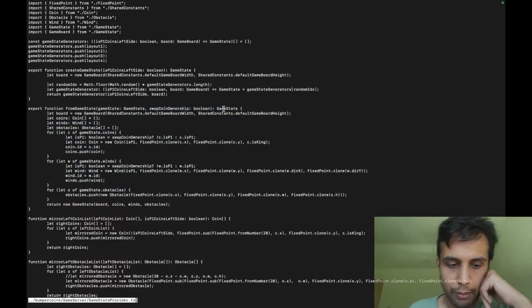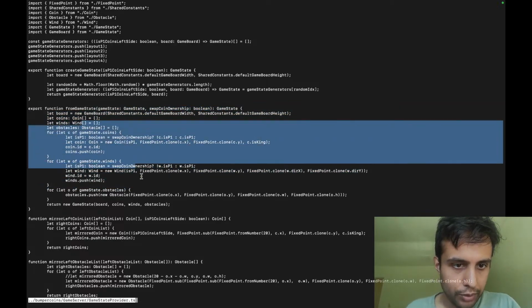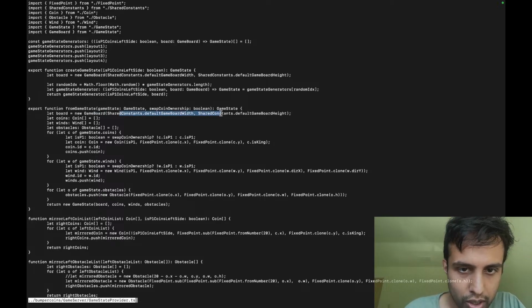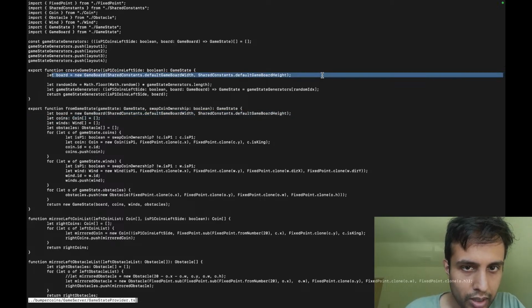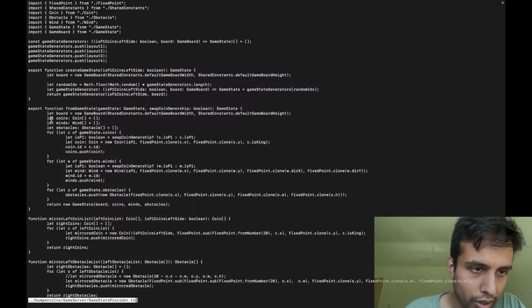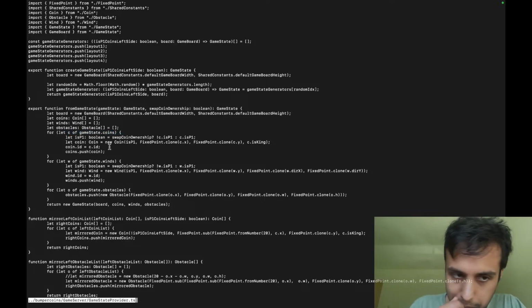just handle that separately. It basically does a deep clone, which we wanted to do. So let's look at it. It takes in a board. It takes in the new game board with shared constants, which is the same thing that's done here. No big deal. In fact, that's copy pasted. It builds up afresh a new array of coins, wins and obstacles. And then for each of the things we're going to copy,